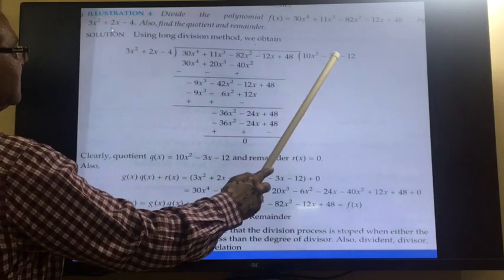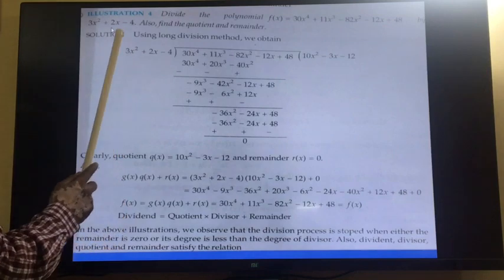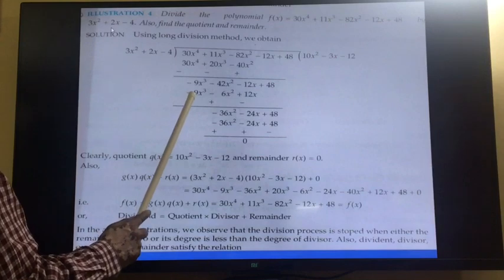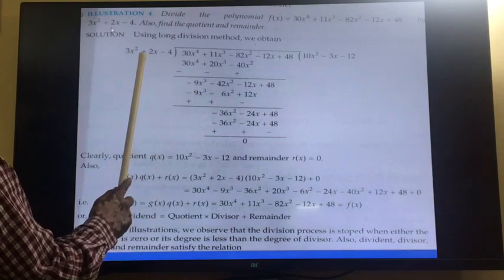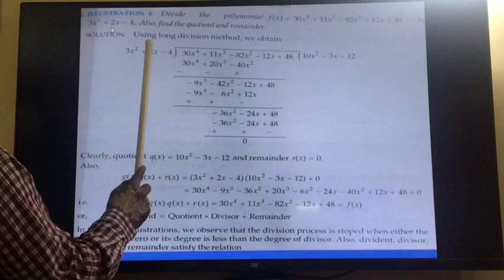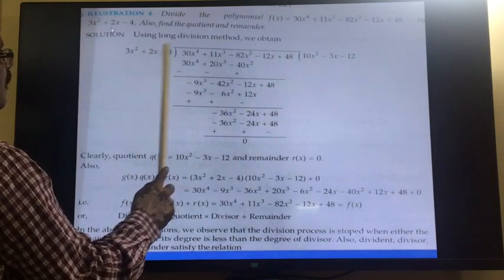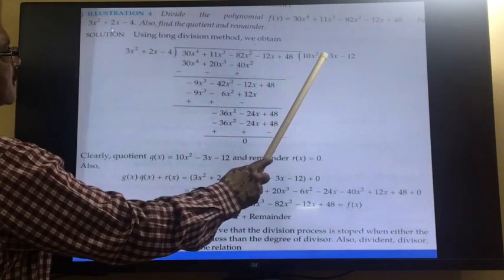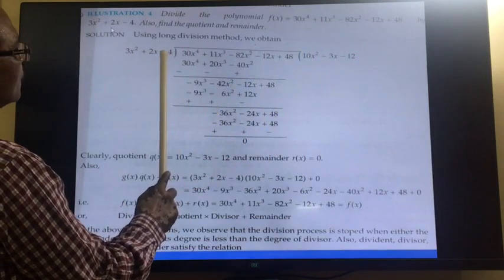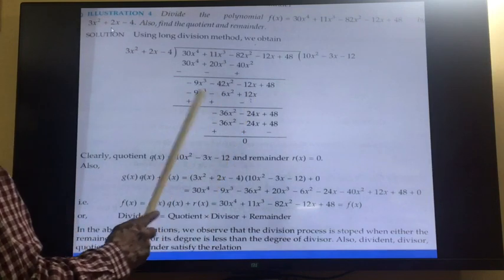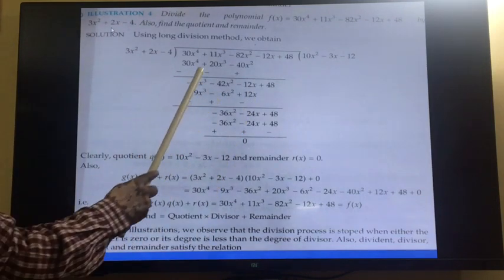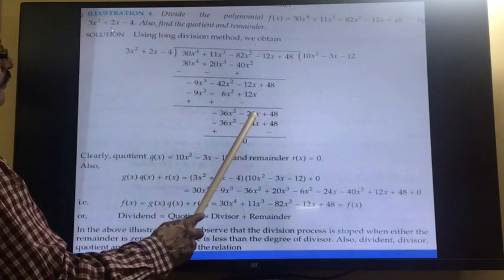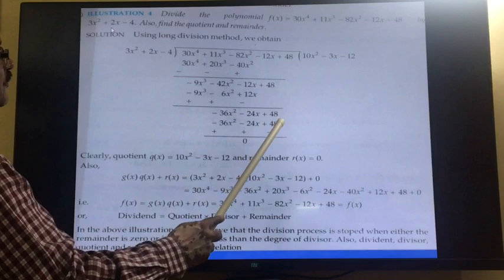And by this minus 3x you will multiply all three terms. So minus 3x into 3x square will be minus 9x cube. Then plus into minus will be minus, 2 threes are 6, x to the power 1 and 1, 2. So minus 6x square, then minus into minus plus, and 3x into 4 will be plus 12x. Now change the sign. So these two cancel. Here you will get minus 36x square, and here both are negative, so minus 24x and plus 48.